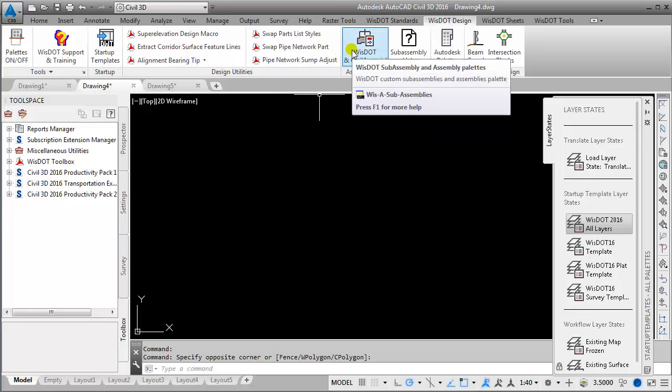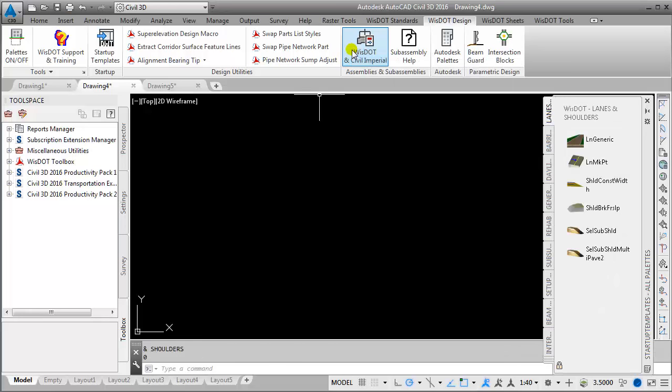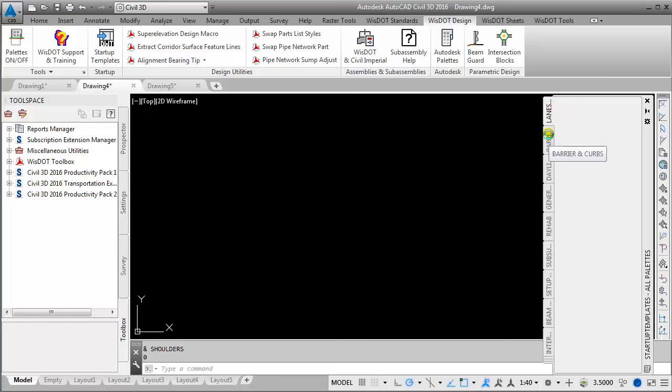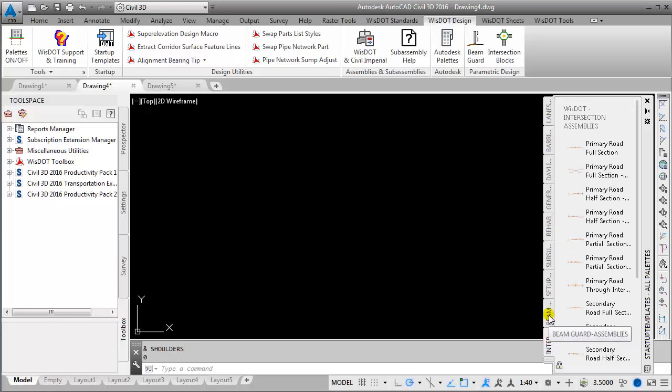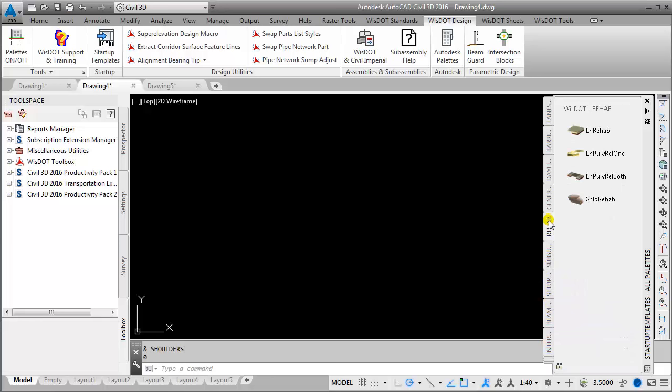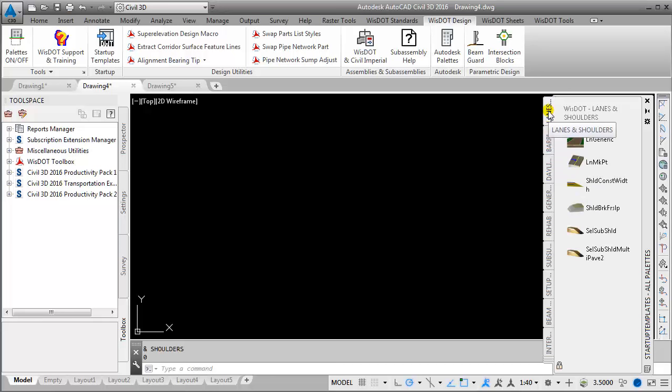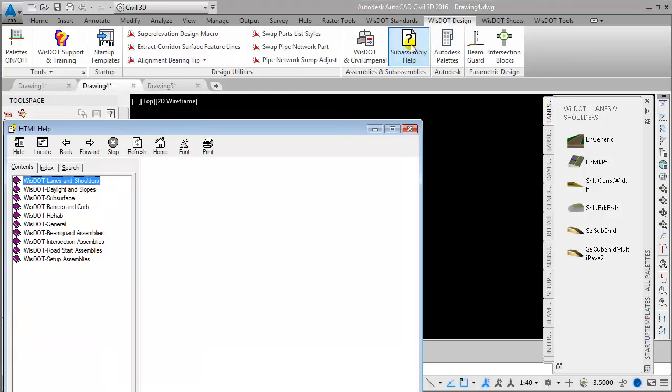Now let's launch the WisDOT and Civil Imperial palette. This should look fairly familiar to you. This is where all the WisDOT subassemblies and assemblies are. They're now in tab format instead of a singular palette with dividers. If you want to know any of the information about these subassemblies, and there are a few new ones, you can use the subassembly help button